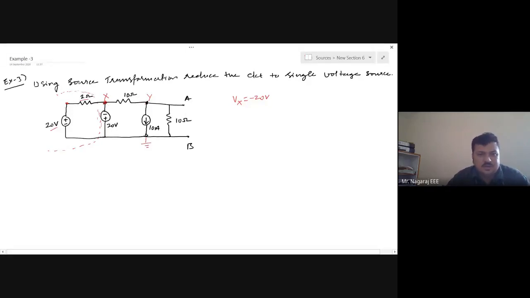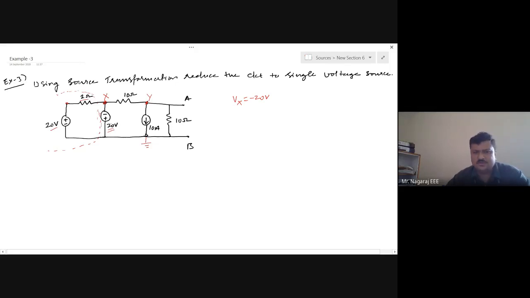Then this node X is again connected to this 20 volt source. Don't worry about the polarity, okay? It will be either plus 20 or minus 20. This node X is directly connected to an independent voltage source again. So whatever is happening in the other parallel branch connected to this node X has got nothing to do with the value of potential at node X. It will always be 20 volts. Magnitude will be 20 volts. Direction let it be. Do you agree? Are you getting the point?